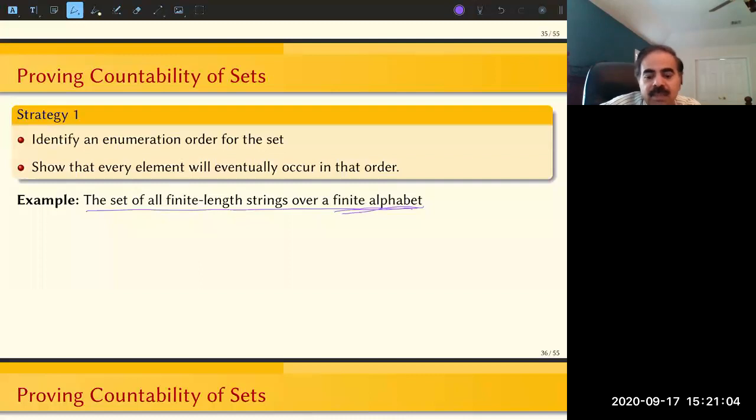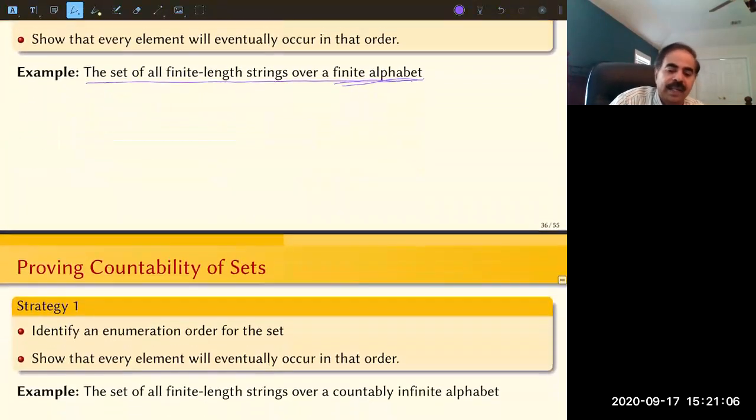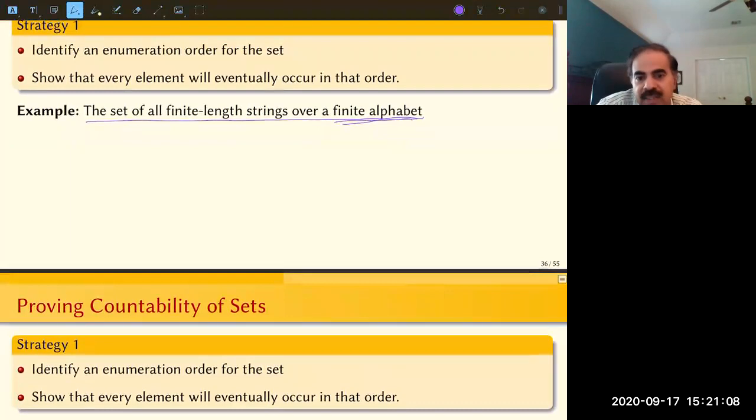Whereas if you think about an alphabet that has at least 2 characters, then the number of strings of a given length, there is more than one, right? And then the number increases with the length, right? So if the alphabet is